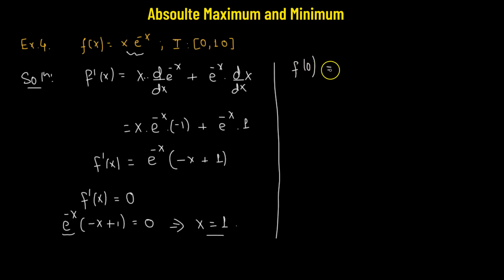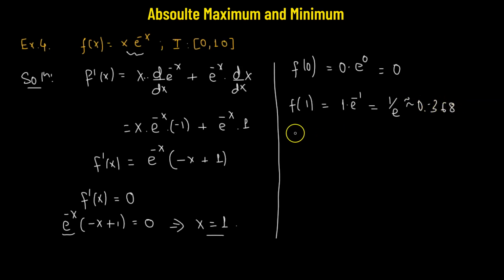So we have f of 0. This will be 0 times e raised to the power of 0, which is 0. At x equals 1, we have 1 times e raised to the power of negative 1, which is 1 over e, and this value is approximately 0.368. At the other endpoint, x equals 10, we have 10 times e raised to the power of negative 10, which equals 10 divided by e raised to the power of 10. And this is going to give us a value of